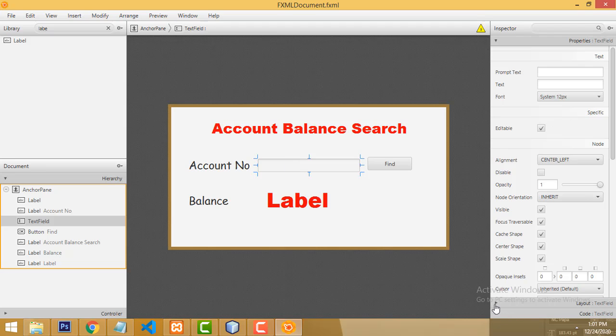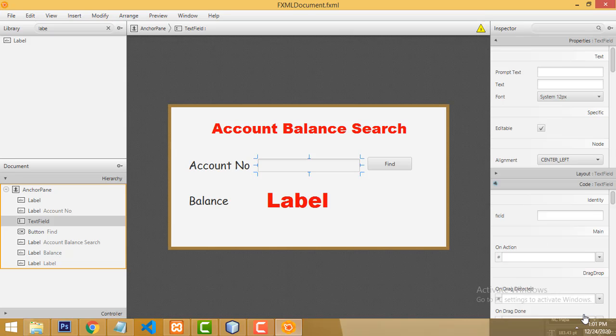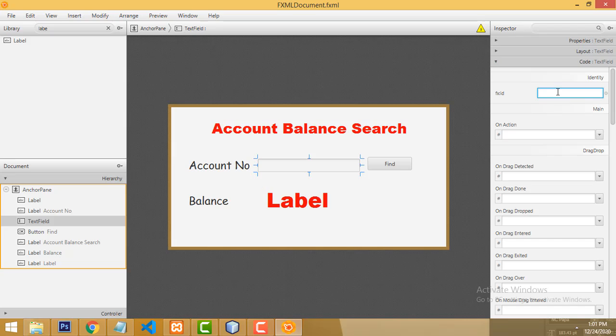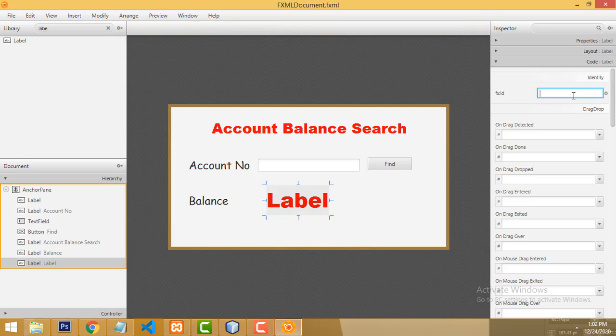Make the name. So for the code, this ID I am going to write as txtAccountNumber, AC number meaning account number. Here this one should be the button, btnSearch. This is a label, we give the name lblBalance. So we have to write lblBal. That's it, right? We have changed successfully.